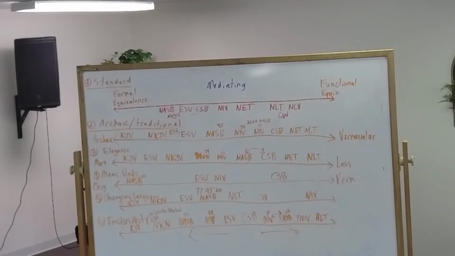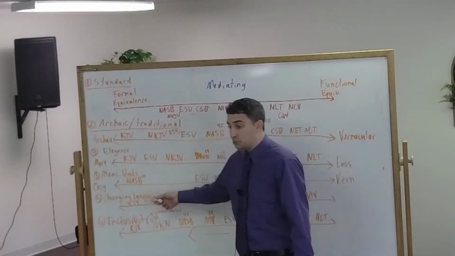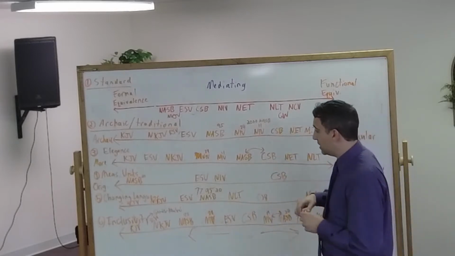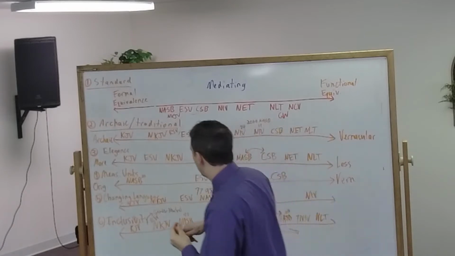There are a whole bunch of updates to the King James Version, like the KJV 2000, the MEV, which I mentioned, the Modern English Version. There's probably 5 to 10 of these modern minor updates, but none of them have ever stuck. Nobody's been like, this is the best update of the King James. Now, I say that knowing that the New King James is an update of the King James, but it utilizes at various times some of the others, and maybe I should have put this on there. I suppose I could make a 7th one